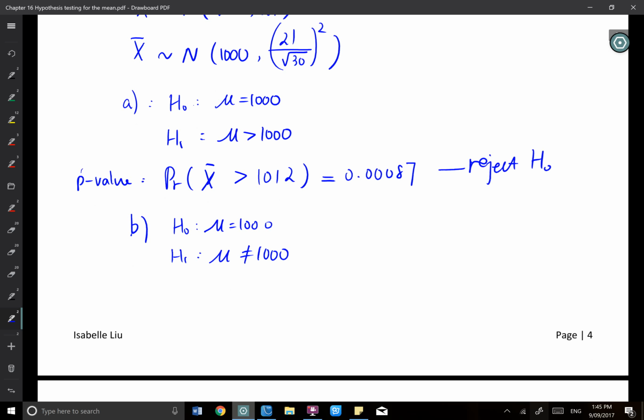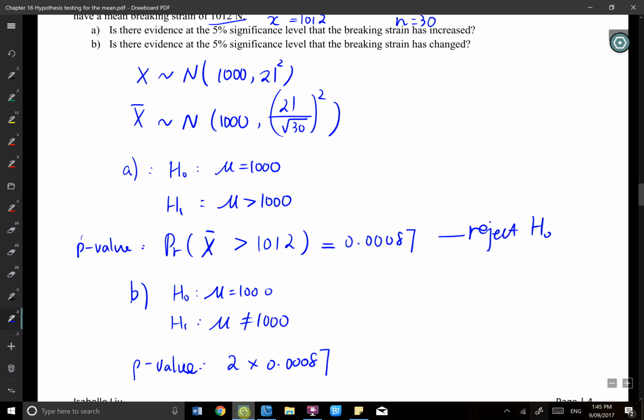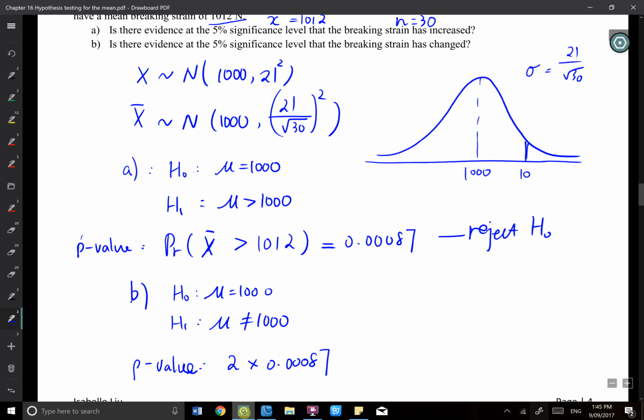Okay, then the p-value will be twice as before. Remember the two-tailed thing? Like before, I assume the distribution is like that. It's 1000 here with standard deviation 21 over root 30. And then I observe a value 1012, and I said that area is